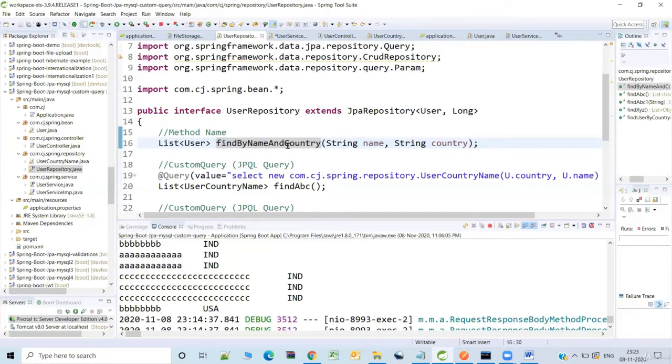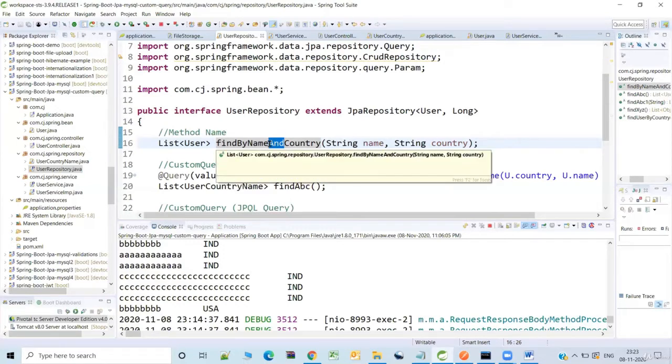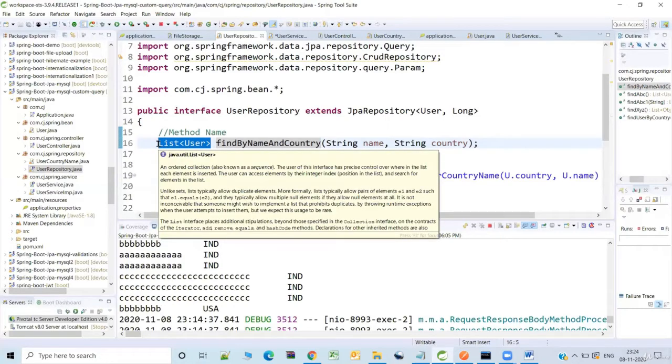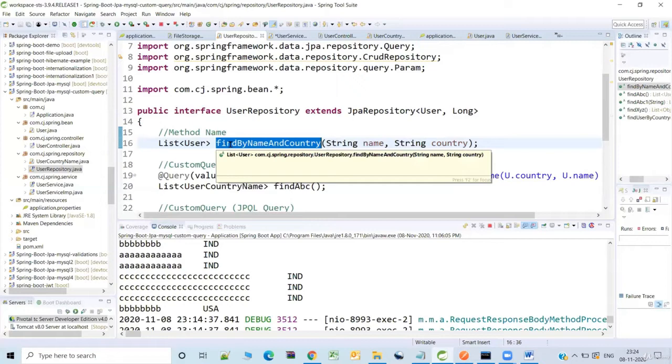So what you need to do is provide the operation which you want to perform. Number two, the fields which you need. See here, you are trying to perform the AND operation. So basically what does this mean? It means you are trying to select the underlying records which have so and so name and country. So it returns the list of user objects. And as usual, you can invoke this from the service layer or wherever, and you can consume it to perform any additional business logic, or you can give it back to the client through the REST controller.